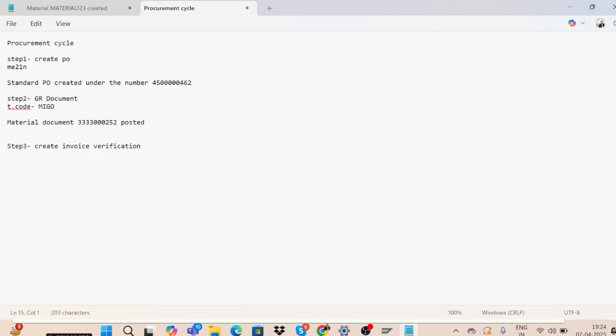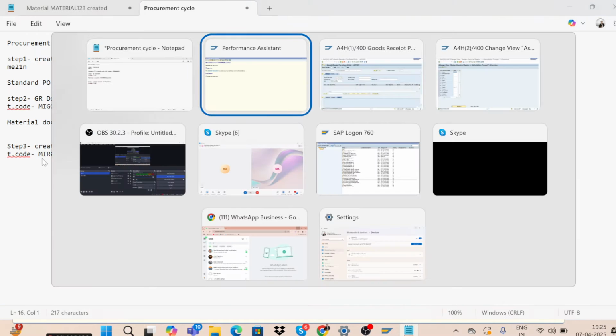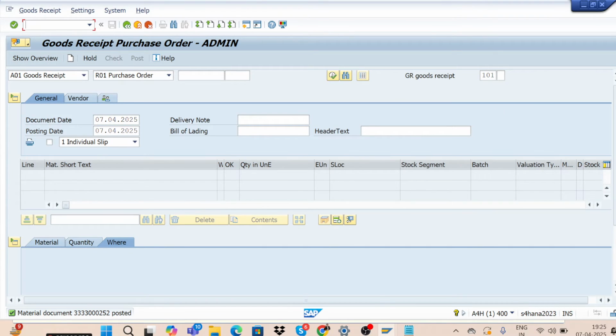Now the supplier has also shared an invoice or a bill. So we are going to do invoice verification. Whatever bill he has shared, is it okay or not? Is it matching my PO and GR quantity and price? If yes, then I post a document using T code MIRO. Someone says Miro, someone says Miro.